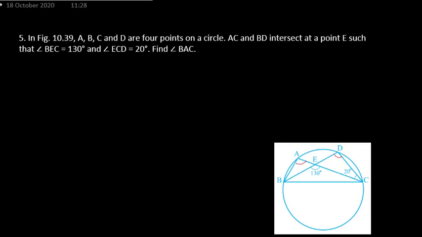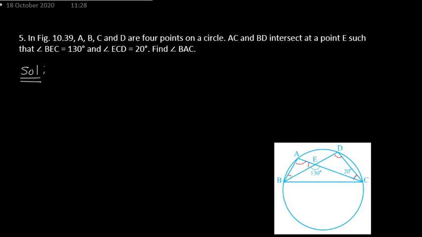One way is that here this angle is 20 degrees, so I can get this angle. This angle is 130 degrees, so I will get this angle. Then by the sum of three angles of a triangle, I can get the angle BAE. So that way I will prefer. Now given and find, you can write. So let us directly start the solution.